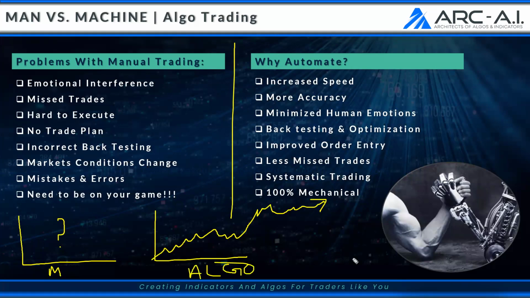So you need to make a decision. Does that mean you're going to stop being a manual trader? No, I'm not saying you should. But if you're new in here, or even if you're not new, I can promise you this: if you become good at automation and algorithmic trading, there's a world of understanding that is going to unfold beneath your feet that is going to change the way you look at financial markets for the rest of your life.